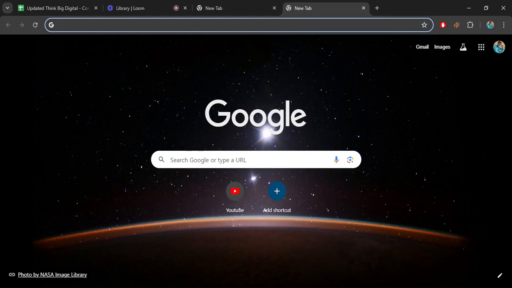Today we are going to learn how to add IDM extension to Google Chrome. So it's very easy. Within a very few simple steps, you can easily add IDM extension to Google Chrome. Please be with me. First of all, in order to add IDM extension to Google Chrome, we need to download